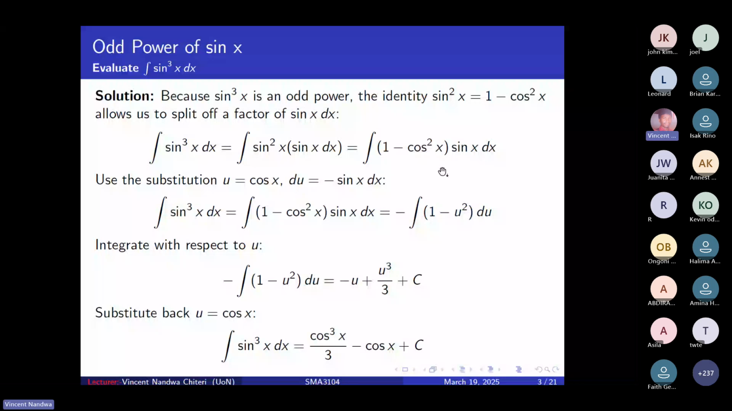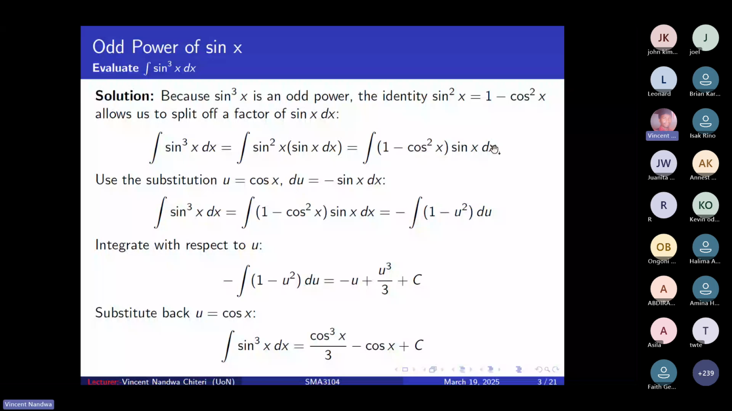So fixing u equals cos x, then du will be negative sine x dx. When you make dx the subject, you can say dx is the same as minus du over sine x. So when you replace dx in this integral by negative du over sine x, the sine function and sine function cancel out. So you will remain with